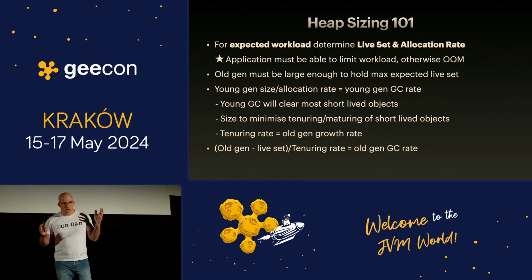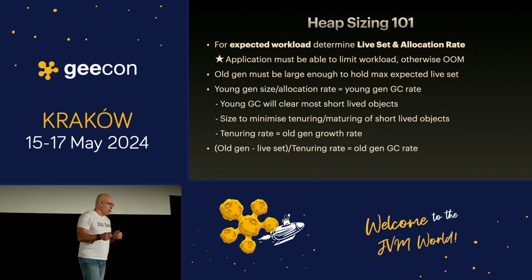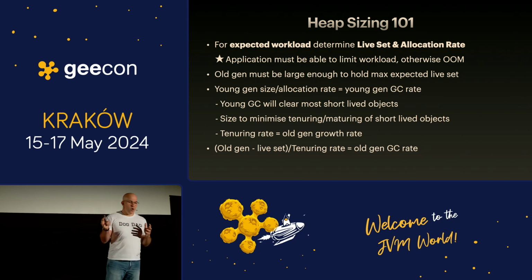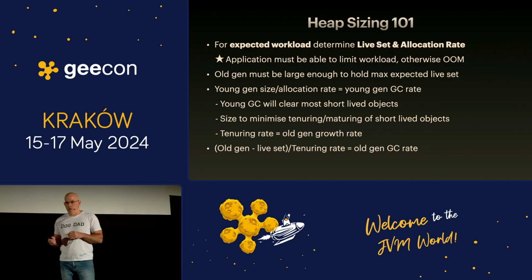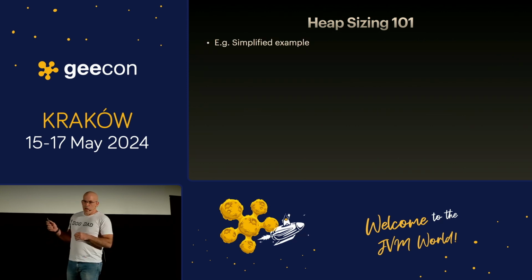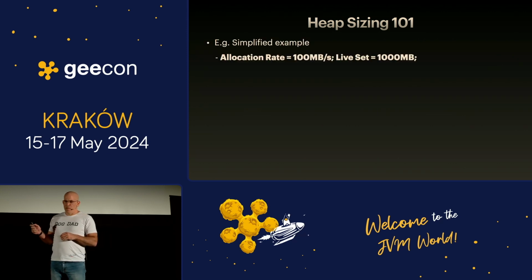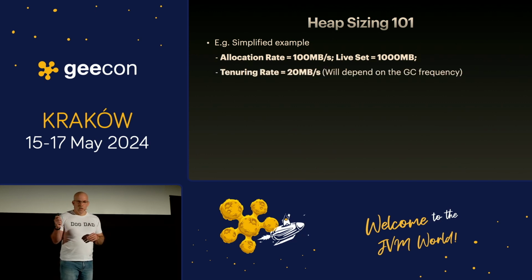So something like this formula is going to happen. All of this becomes more complicated with concurrent GCs, absolutely, but those are the basics that you need to have in your head when you're thinking about GC. So, simplified example, we allocate 100 megabytes, the live set is 1 gigabyte, so we tenure maybe 20 megabytes every time we do a GC, and then